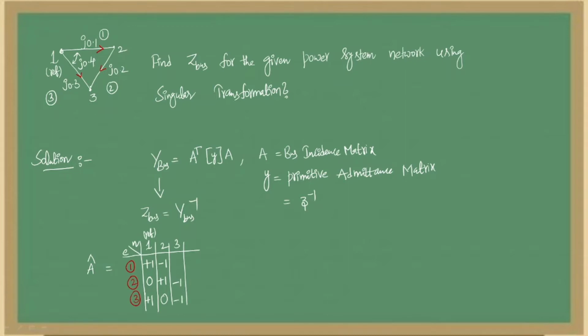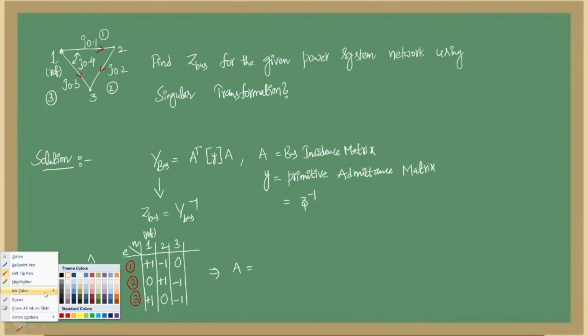And for the third node, this is the third node and this is the first element. So the first element and third node do not have any coincidence, so I can consider 0. This is called the element node incidence matrix and it is of the order 3 by 3. From this, in order to obtain the bus incidence matrix A, we need to remove the column related to the reference node.